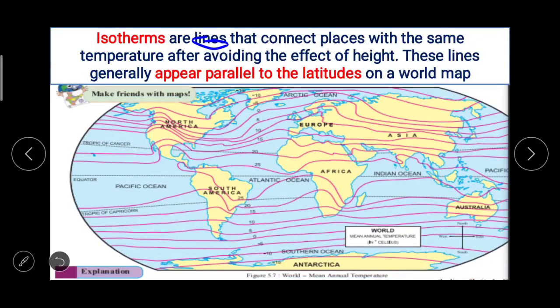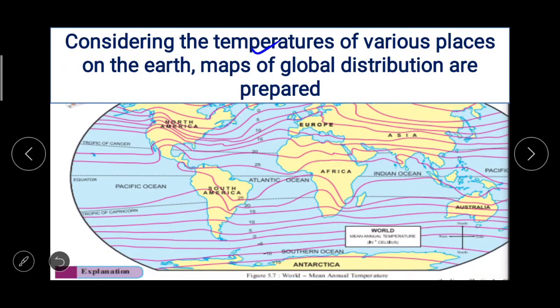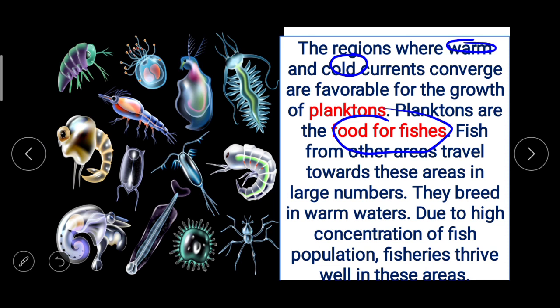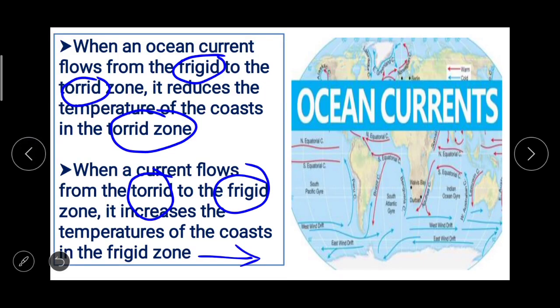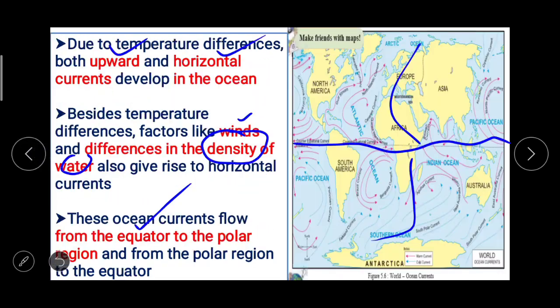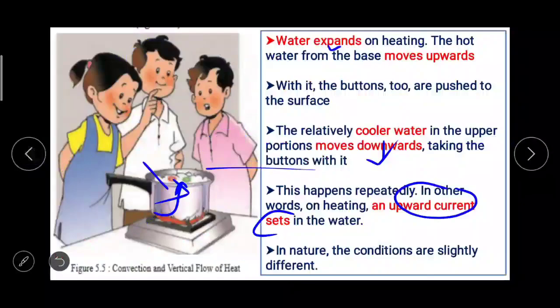Isotherms are lines that connect places with the same temperature after avoiding the effect of height, and the lines generally appear parallel to the latitudes on a world map. Then about the planktons, ocean currents, how they change, and the upward and downward movements of the water due to